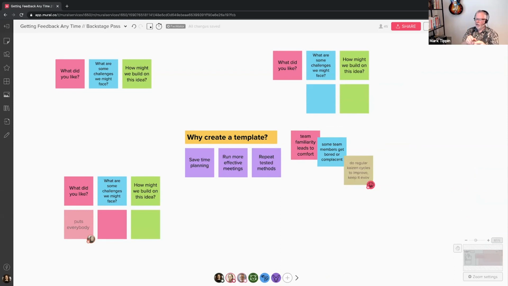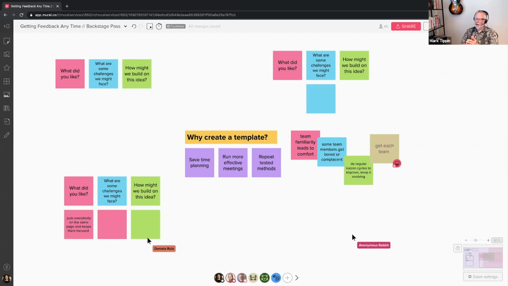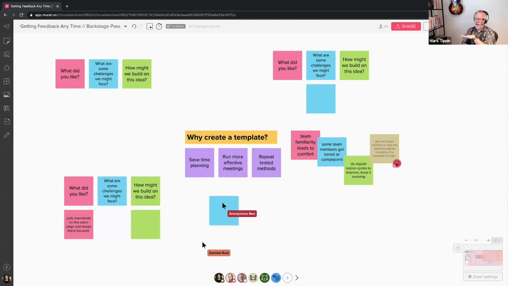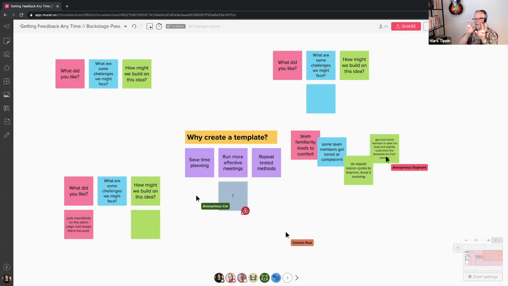save time planning. You'd say, yes, I agree, for this reason or that reason. And then once it's kind of calmed down, I would verbally direct people, okay, so what are some of the things about this that we think are not going to work, and then what are some things that are missing or that we could build on. And I would verbally orchestrate that for the panelists, for the people that have video and audio access. And that also helps people that have joined virtually be able to participate and be thinking and listening about the positive, the roses, thorns, and buds in that order.